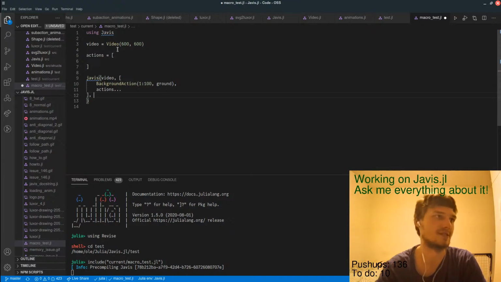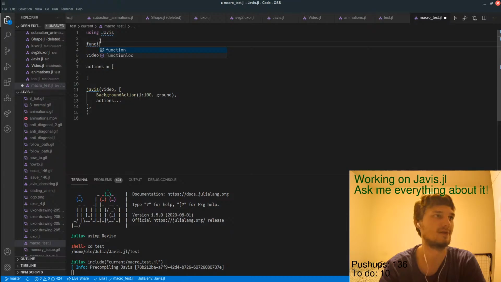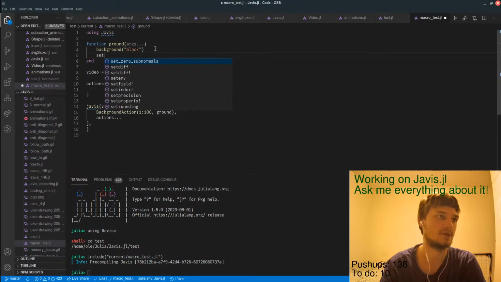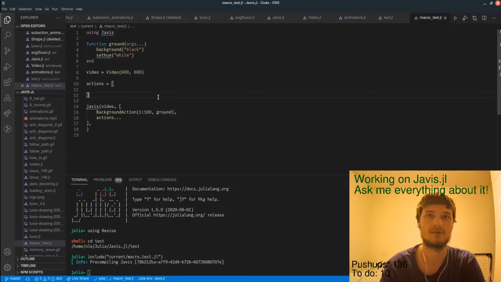But yeah, such that we don't have to write function ground and then background black, set color white, and stuff like that every time, because that is quite stupid.